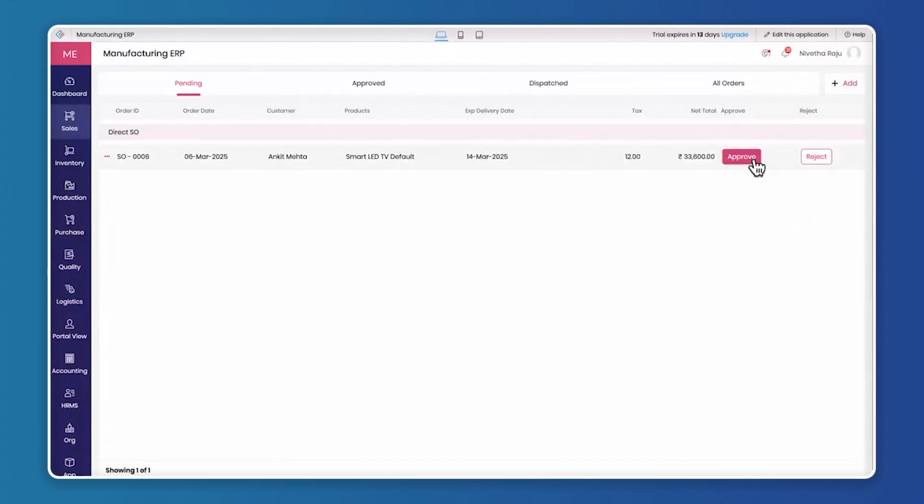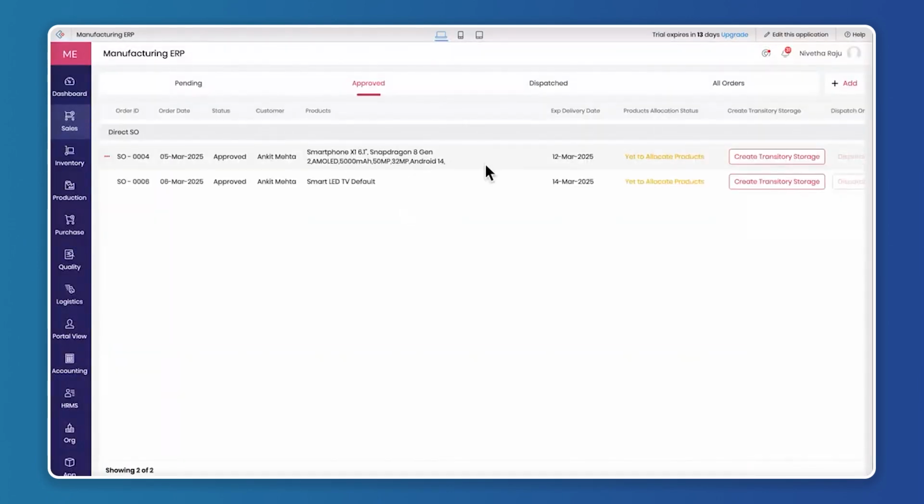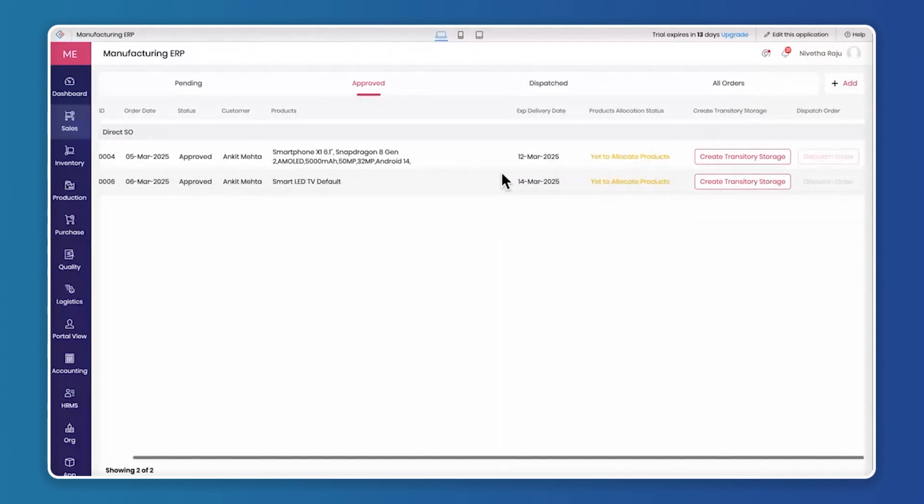If you approve, here you have the approval workflow creator. For now it is just one approval, whereas if needed, you can add multi-level approvals. Now I'll go and approve this particular order. On approving, it will take you to the approved status, where if you have the product already in stock,